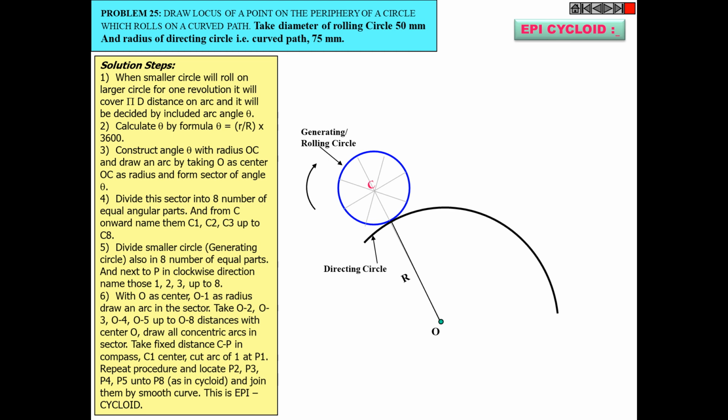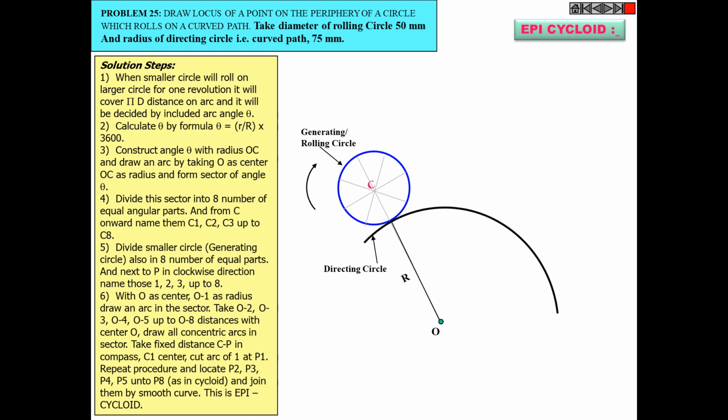Now if you remember, when I was discussing the cycloid part, I told you that if you want to get a cycloid, minimum you have to divide your circle into 8 equal parts, then only 8 different center points you will get. Similarly, if you want to get a good epicycloidal teeth profile, you have to divide your rolling circle again into minimum 8 equal parts. What is the procedure behind doing this? Because if I divide my rolling circle into 8 equal parts, then I will get 8 different center points